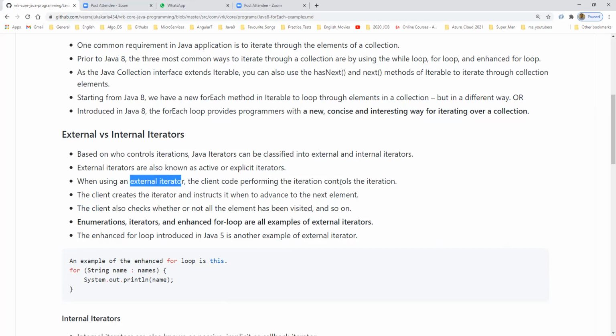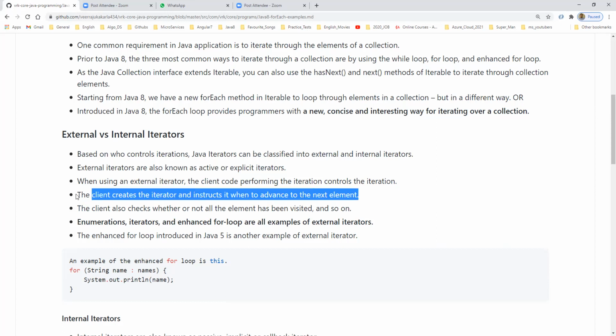The client code performing the iteration controls the iteration. The client creates the iterator and instructs it when to advance to the next element. The client also checks whether all the elements have been visited and so on.